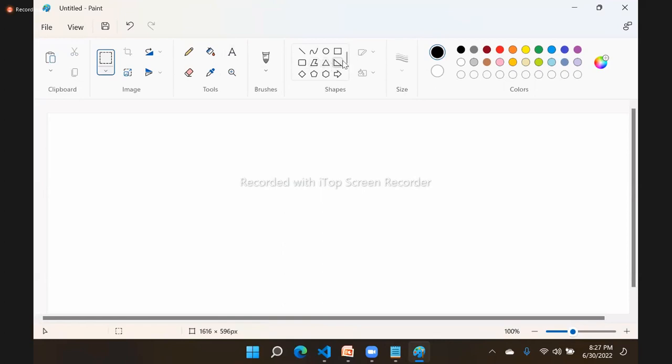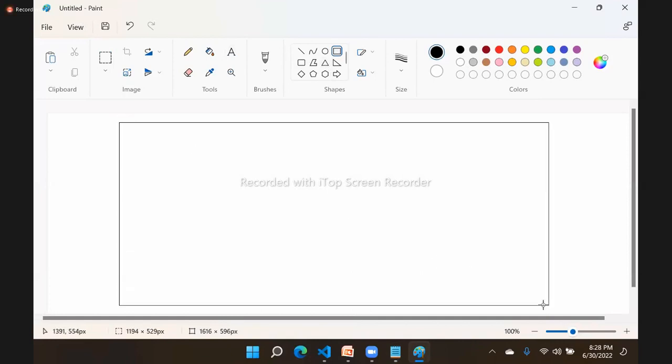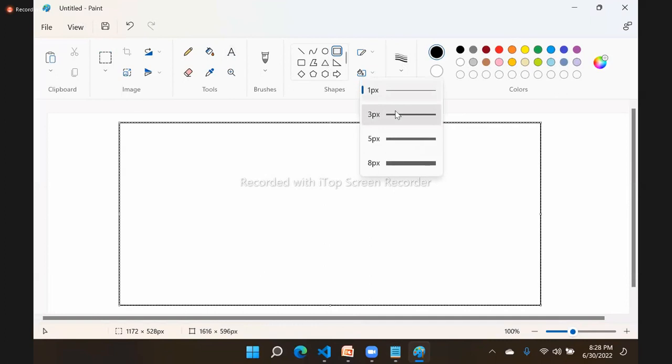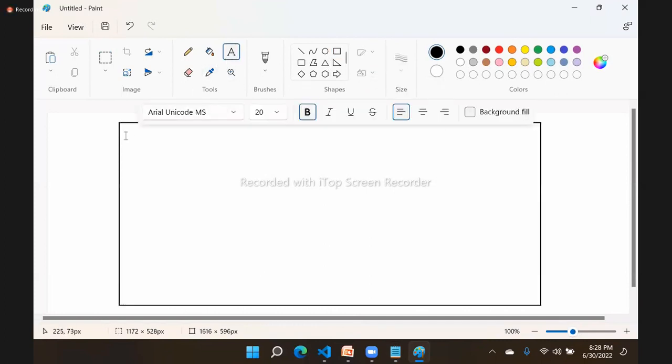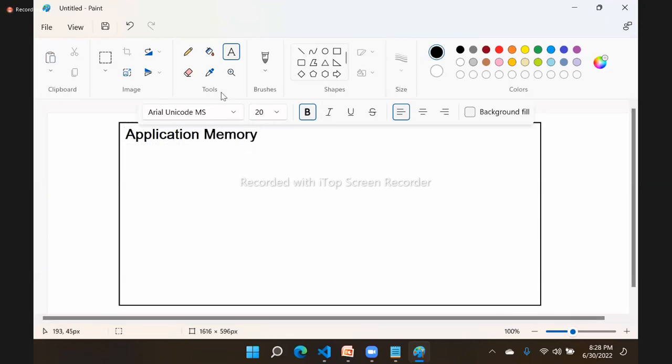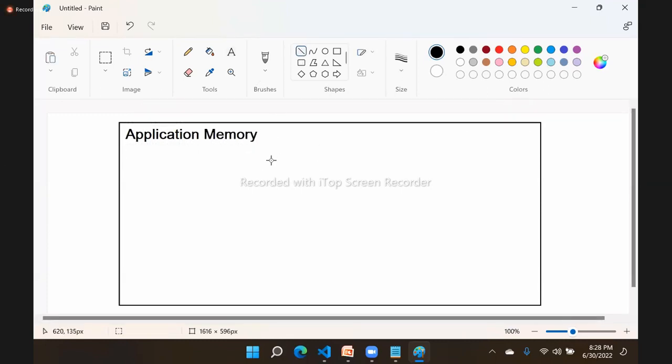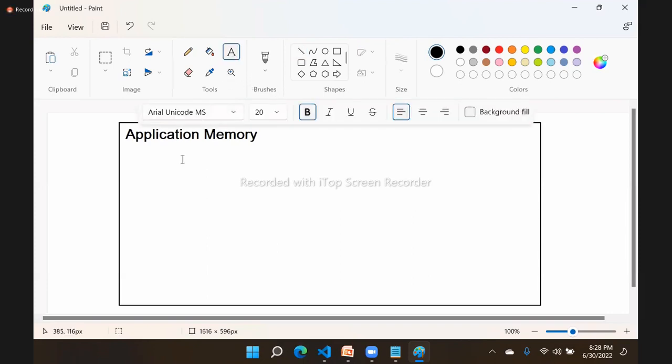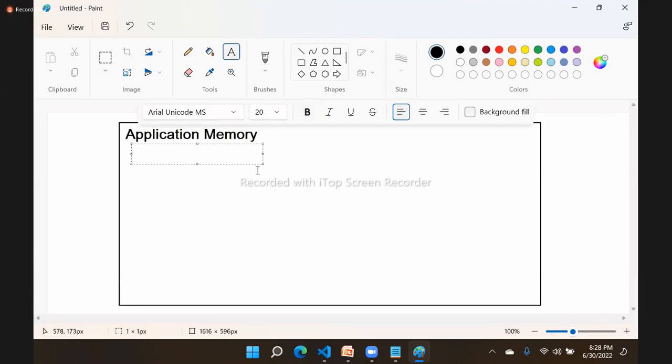See, for example, we have an application. Suppose this is your application memory. Actually, we have the application memory, right? In this application memory, usually what happens is we configure